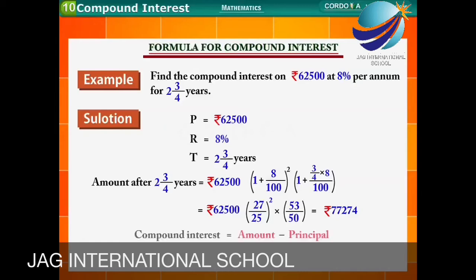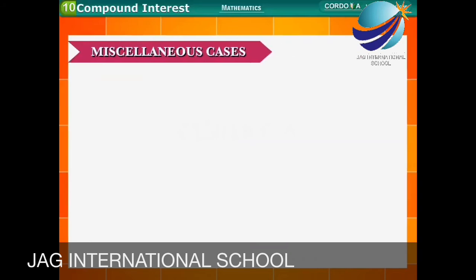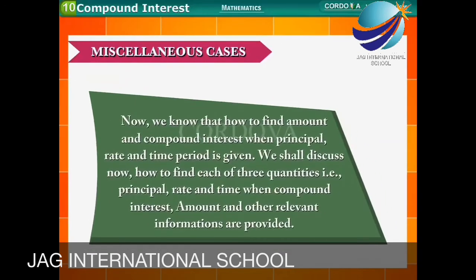77,274. Compound interest is equal to amount minus principal, which is equal to rupees 77,274 minus rupees 62,500, which is equal to rupees 14,774. Miscellaneous cases. Now we know how to find amount and compound interest when principal, rate and time period